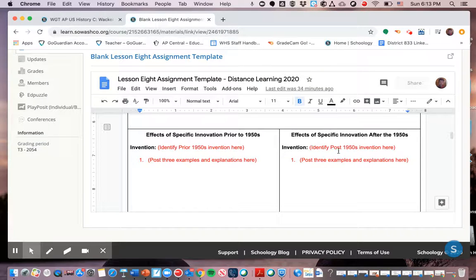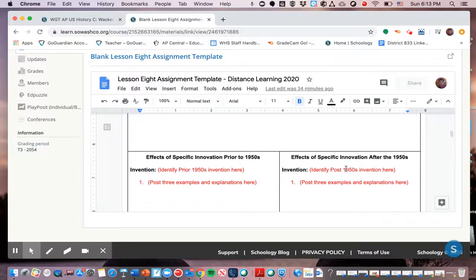And then you're also going to think into the future and really think about any kind of invention from like the 1960s to today. So it could even be inventions that you're really familiar with. You're going to identify that invention, post it here, and identify 3 ways this invention has dramatically impacted our American identity. Politics, culture, our economics, our social practices, all that. You can consider those as you try to think of 3 examples of how that new technology has